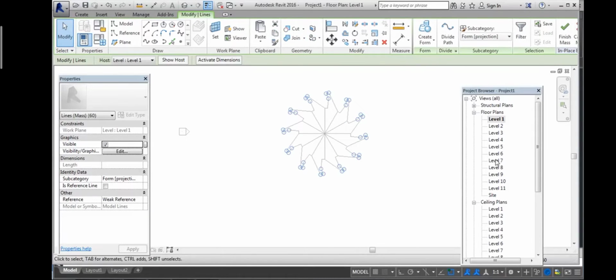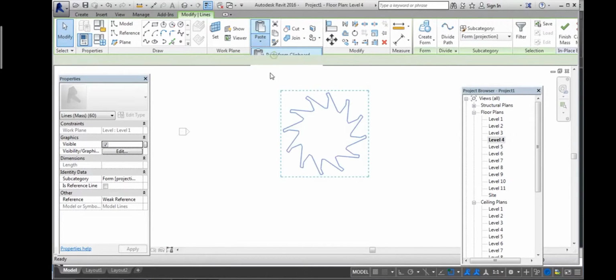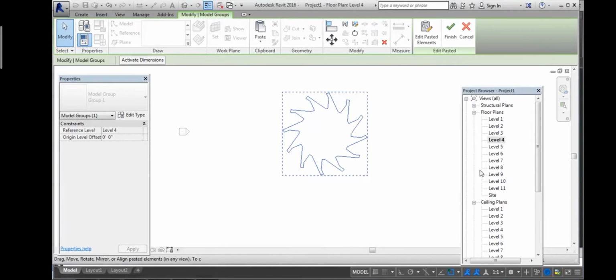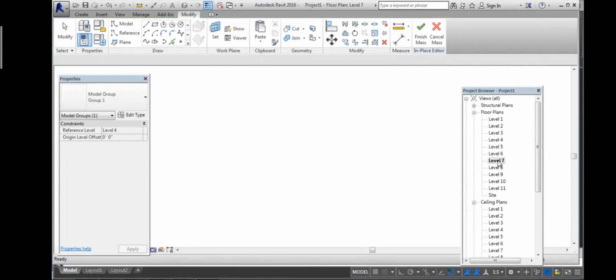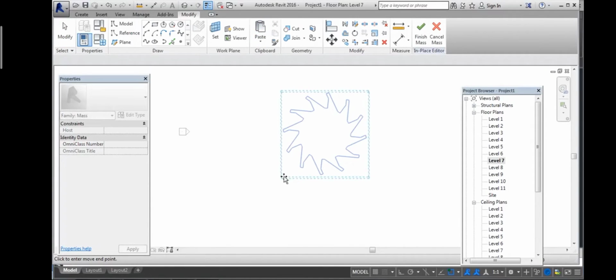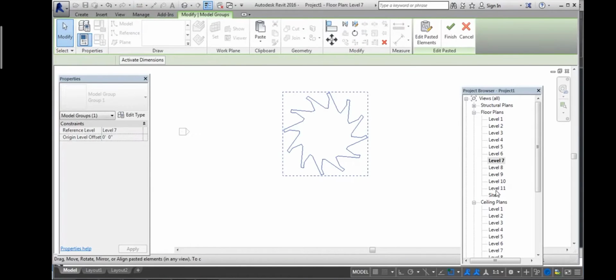Now we have to copy the same geometry of level 1 to level 4, level 7, and level 11.